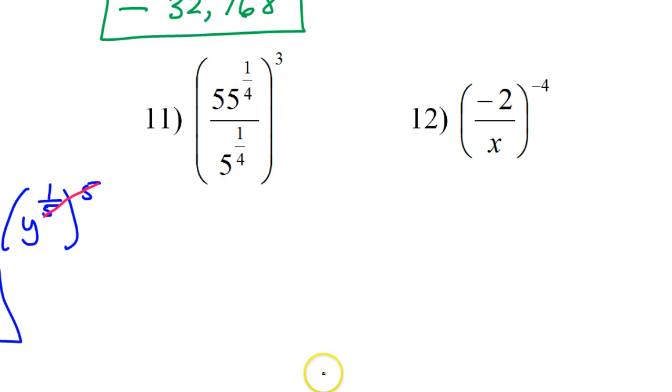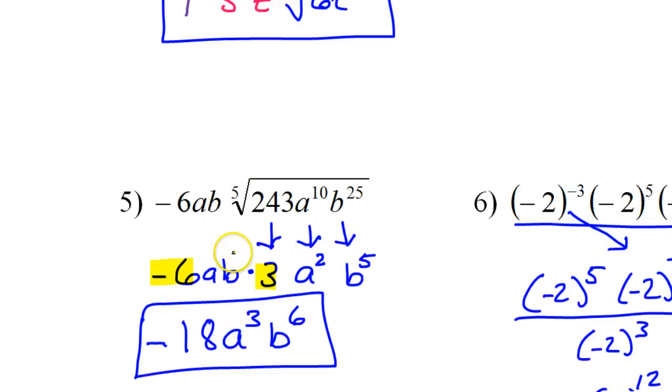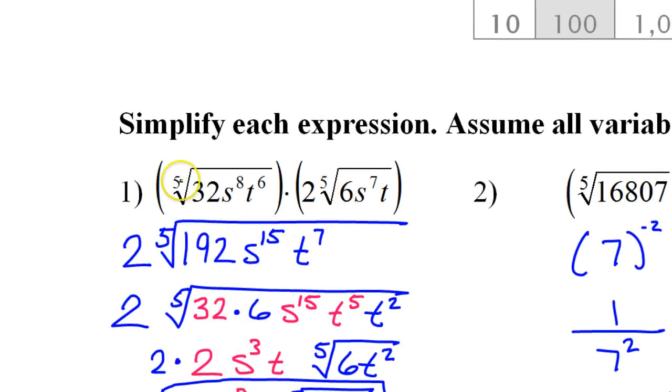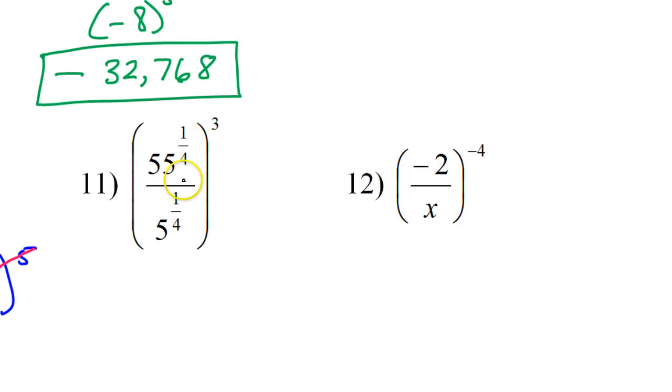We're always looking for something to be the same. And what we've learned is, let's look back. Take a look at these. When the roots were the same, we were allowed to go ahead and multiply the stuff inside. Now it's going to be very similar here. See how the powers are the same, the 1/4 power? If the powers are the same, you can go ahead and do the division that's implied by this fraction bar. Just keep your same 1/4 power. So what's 55 divided by 5? That's right, that's 11. So it'll just be 11 to the 1/4 power,